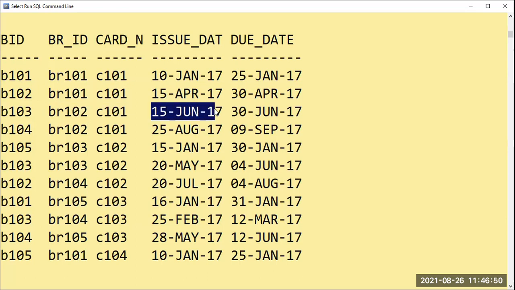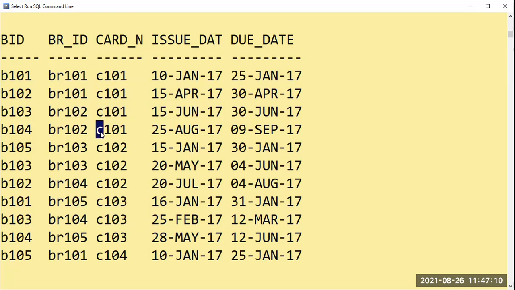On what date was the Python book borrowed by Maitri? On 15th of June. Yes, this also will be included. It is still inside 30th June. So now how many books do we have? We have 3 books: 10th January, 15th April, 15th June.